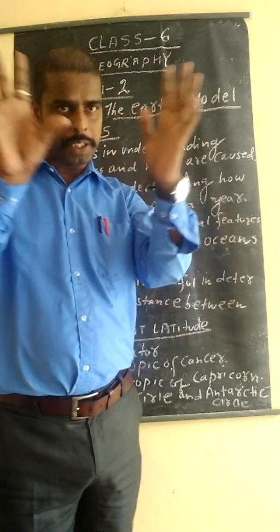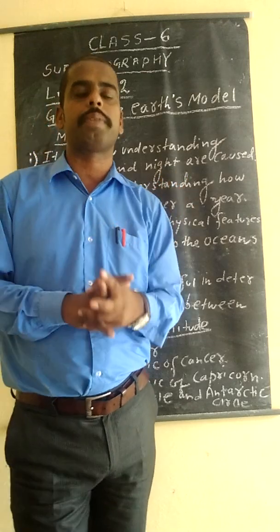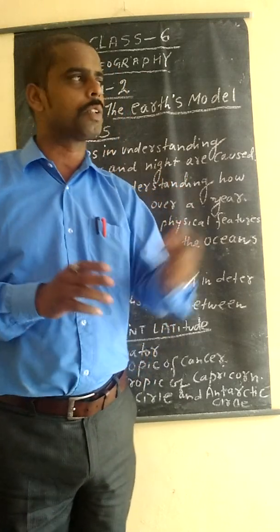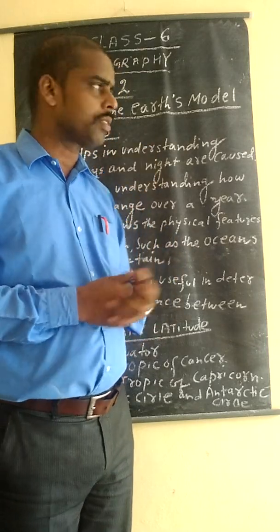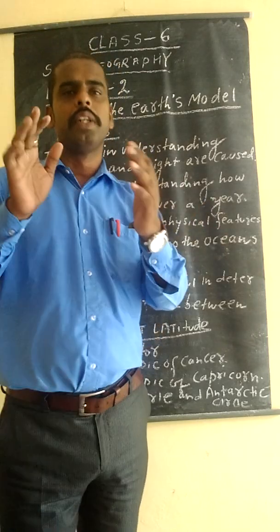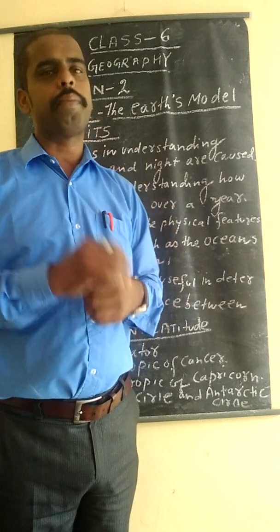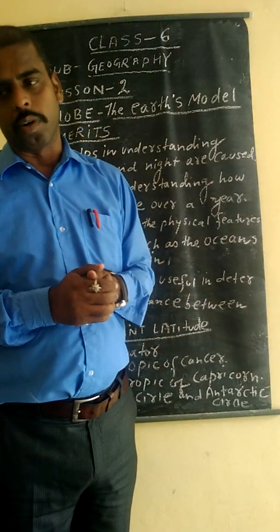suppose what is a map? A map is a representation of the earth drawn on paper. It may give you an accurate idea where is Gorakhpur, where is Uttar Pradesh. A small area you can see in the map. So there is a difference between map and globe. A comparison between globe and map: a map may be very useful in comparison to globes.